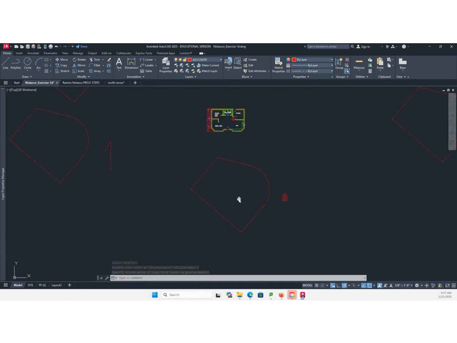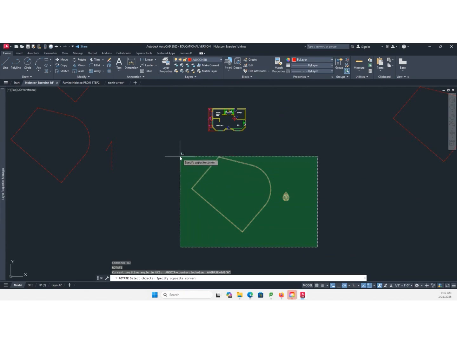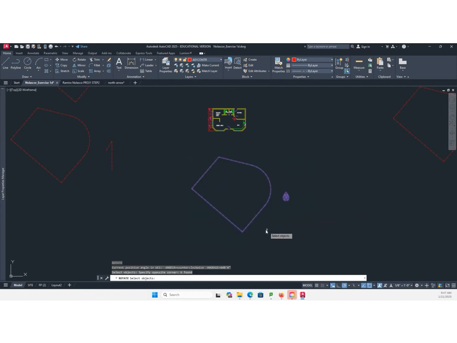Okay? Now we're going to rotate this. And to rotate this, you type RO. Select the objects you want to rotate, including the North Arrow. Okay, enter. This is our base point. Click. Now, I do not know the exact angle to make it 0 degrees.